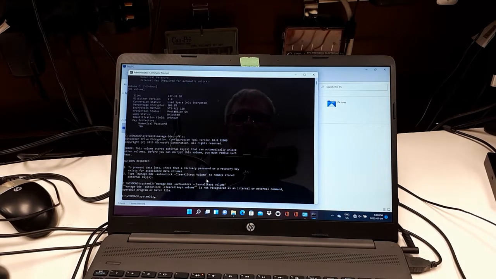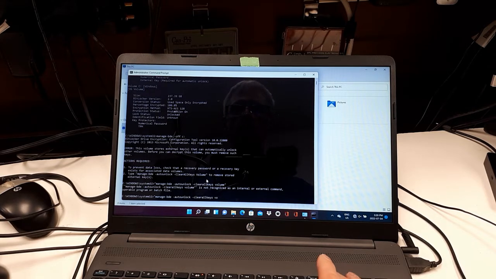All right, so what we're going to do is we're going to type in that long line. I've typed it in already, so I'm going to just hit Shift and F3 to repeat what's there. Clear all keys. So the volume is going to be C colon, and then the quotation marks at the end, enter,